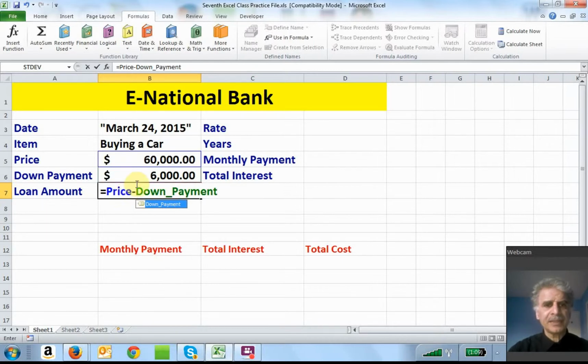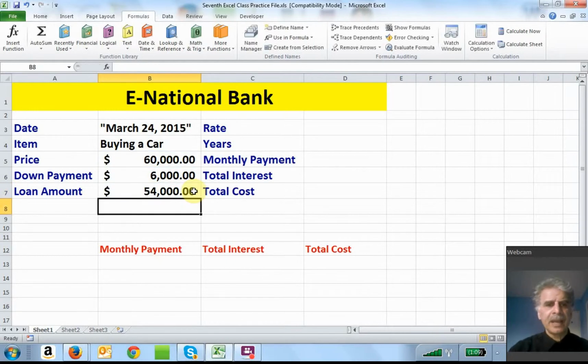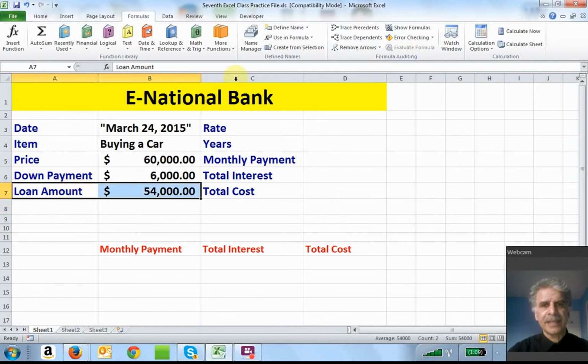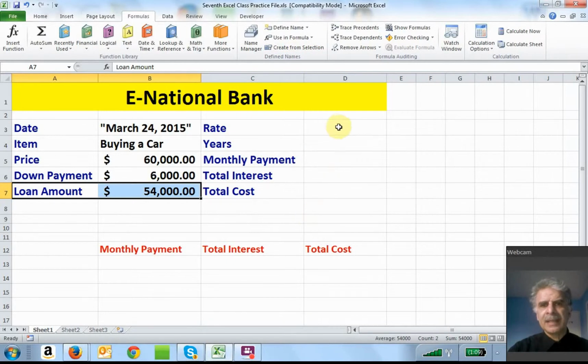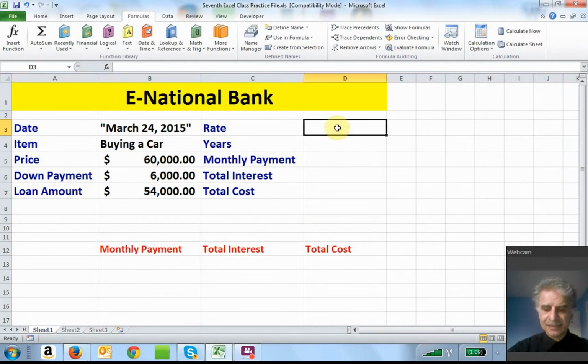You notice this whenever I type any name, the corresponding cell would be highlighted and I will use a different color here. So here I need to take out a loan amount of $54,000. Again, let me assign name to this. And now let's say interest rate is 5%, 0.05, and the loan would be for maybe 6 years,